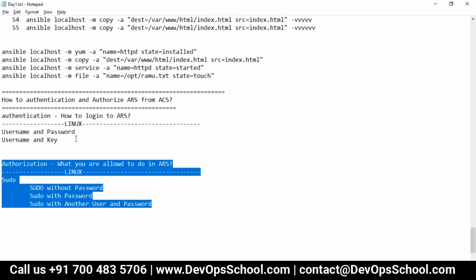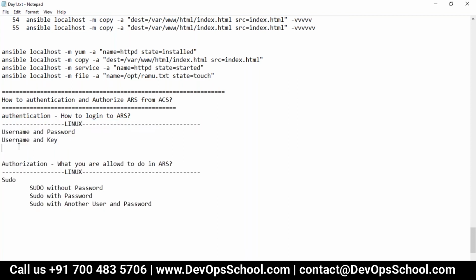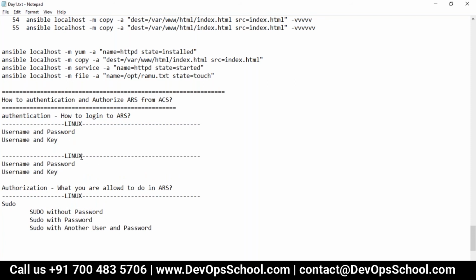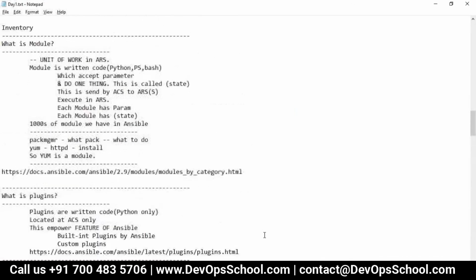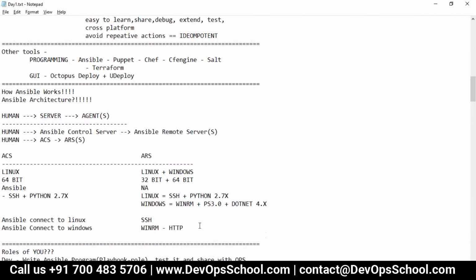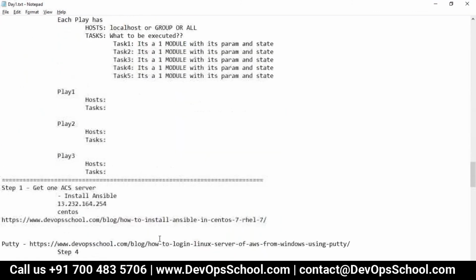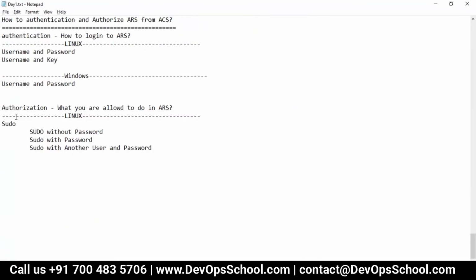So guys, if you have answered me for Linux, let me answer for Windows also. Again, recall the discussions and never forget the concept. In Windows, communication happens over WinRM, HTTP-based communication. WinRM supports only username and password.